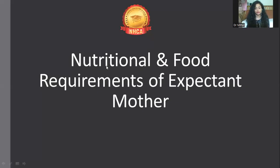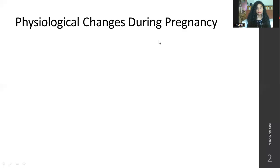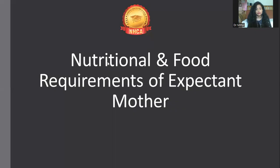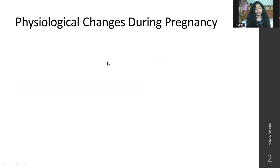Nutritional and food requirements of expected mothers. There are a lot of physiological changes that take place during pregnancy. A woman's body undergoes a tremendous amount of changes when it comes to pregnancy, anatomically and physiologically. Whatever her nutritional